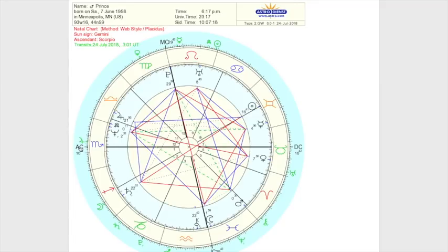Now, you will not know someone's rising or any of these slices, how they're divided up, any of these houses, unless you have a birth time. If you don't have a birth time for somebody, unless you are a pro astrologer who is good at rectifying charts, which means figuring out their birth time,